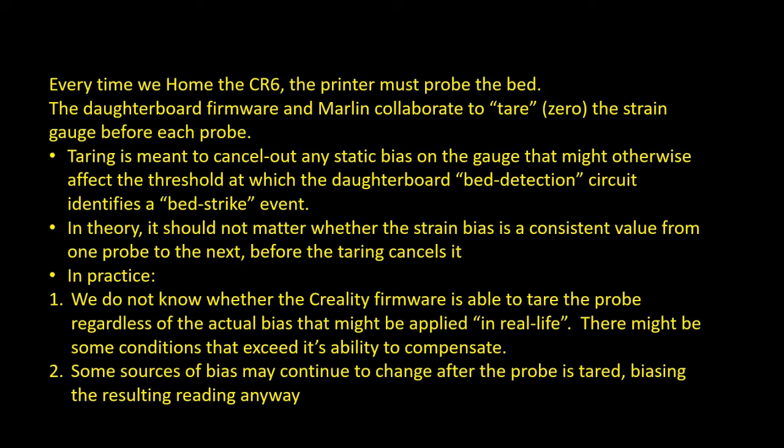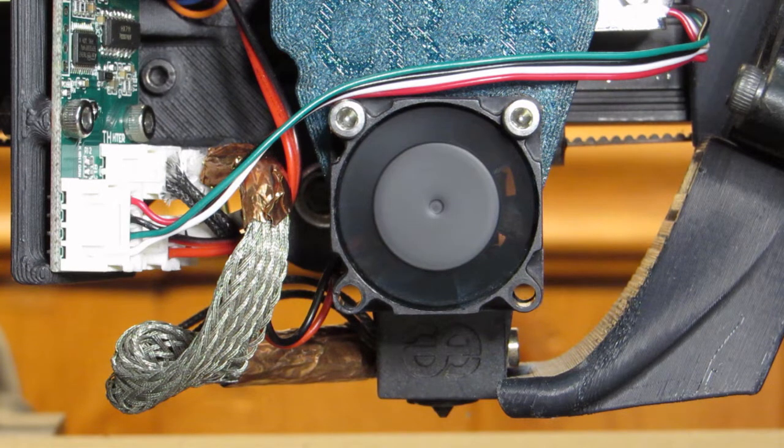the risk that the offset has a bias added to it by the homing process if there was any strain on the diving board that was not a consequence of the nozzle pressing to the bed when asked. Residual filament on the end, residual filament lying inside and pulling on it while it's going, vibrations to some extent, the electrical interference that might get in there from the fan and the heater onto the sensor wires. We deal with what we can. We turn off the heaters while we're probing to minimize that risk, but you're the only one who can manage